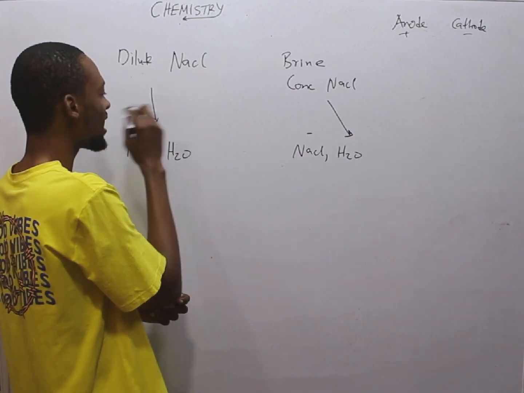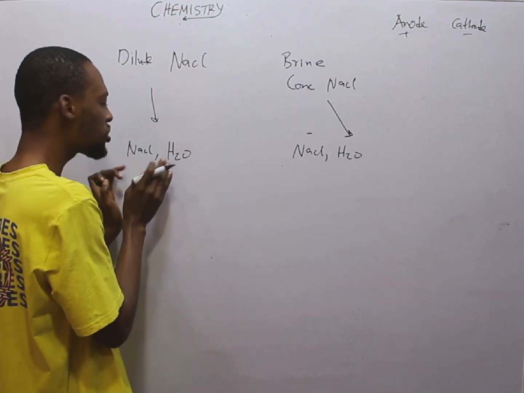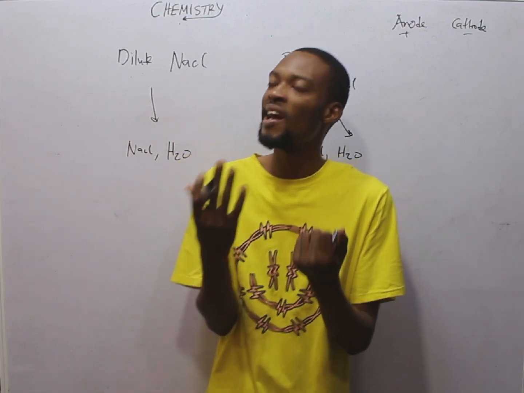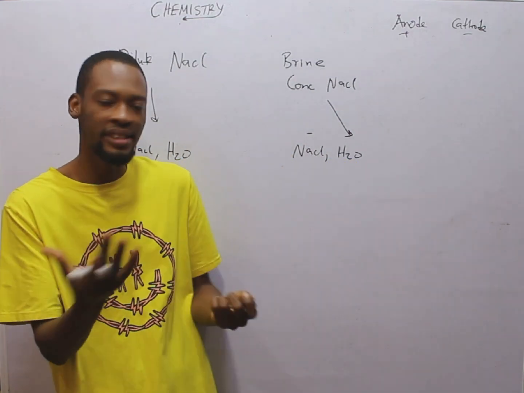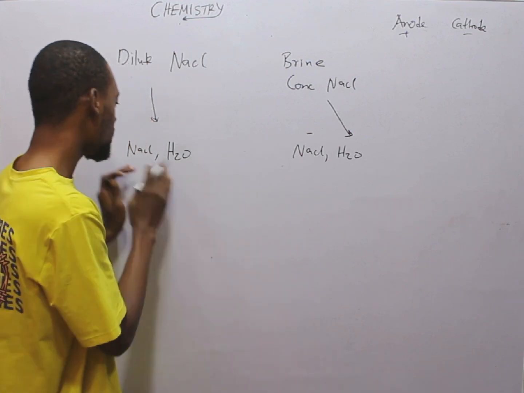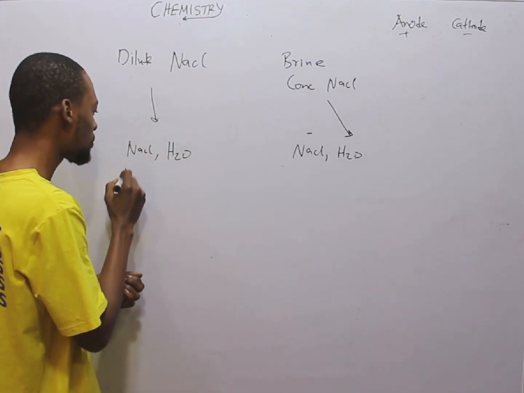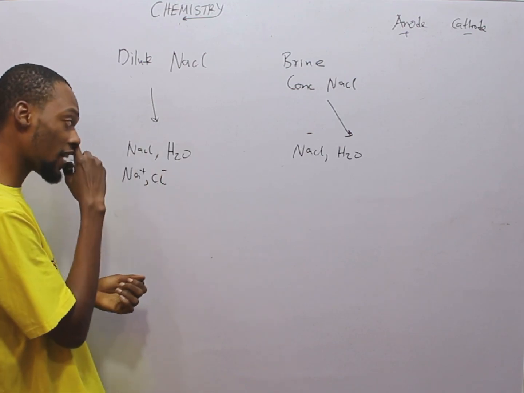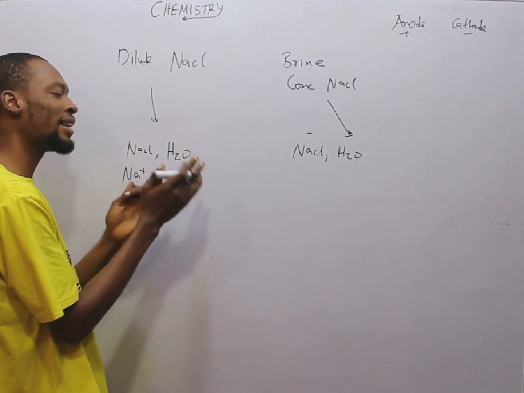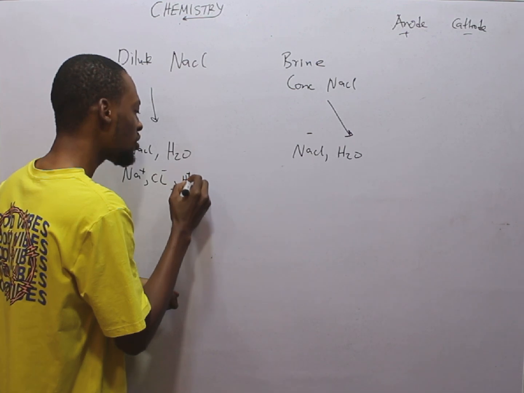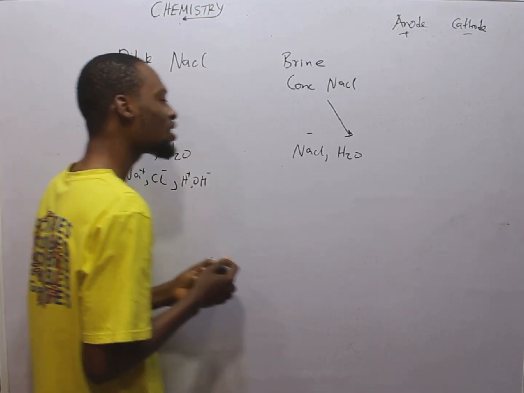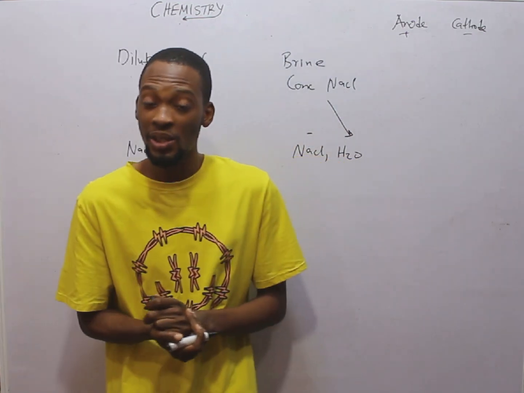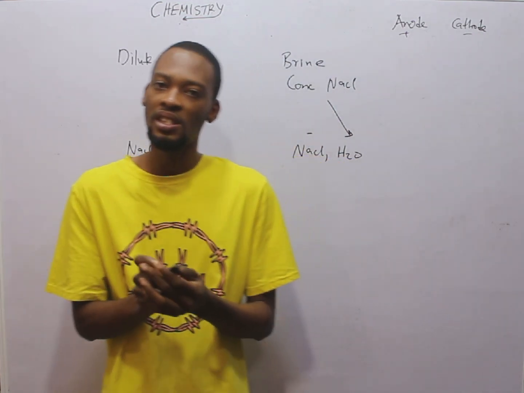This is dilute. Electrolytes dissociate in the process as they allow direct current to pass through. This dissociates, or ionizes, to form sodium ion as the positive ion and chloride ion as the negative ion. Water as well will ionize to give you hydrogen ion and hydroxyl ion. This is why water can be referred to as both acid and base. It does dissociate to give you hydrogen ion and hydroxyl ion.